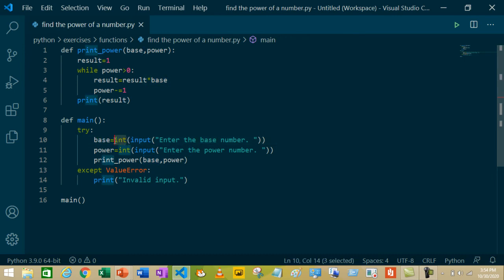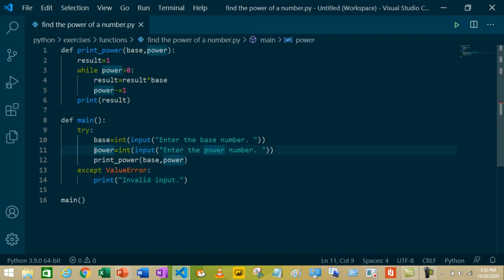We are changing the data type to an integer because input from the input function is taken as a string. In another case, if the user enters an alphabet string like ABC, it will throw a value error exception. We are handling the value error exception using the except block here. When a value error exception occurs, it will print invalid input.